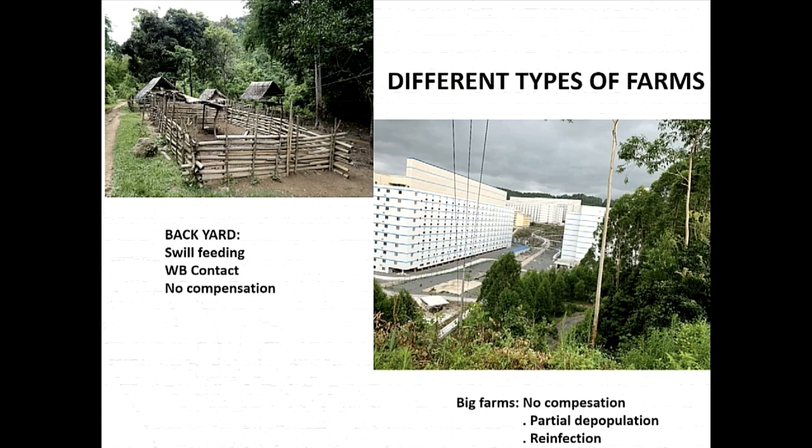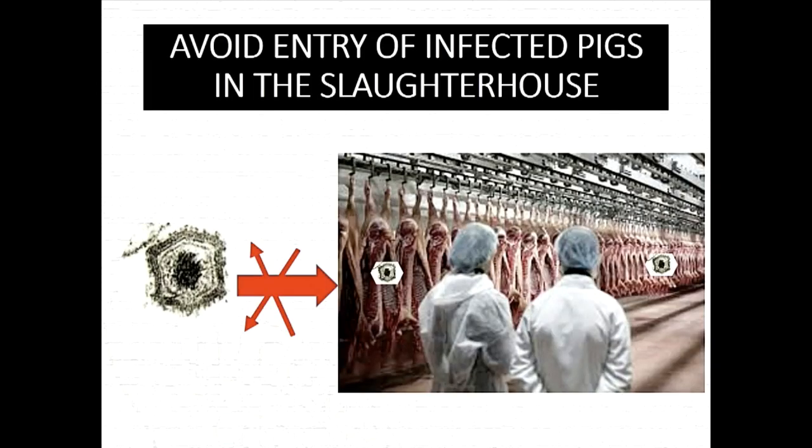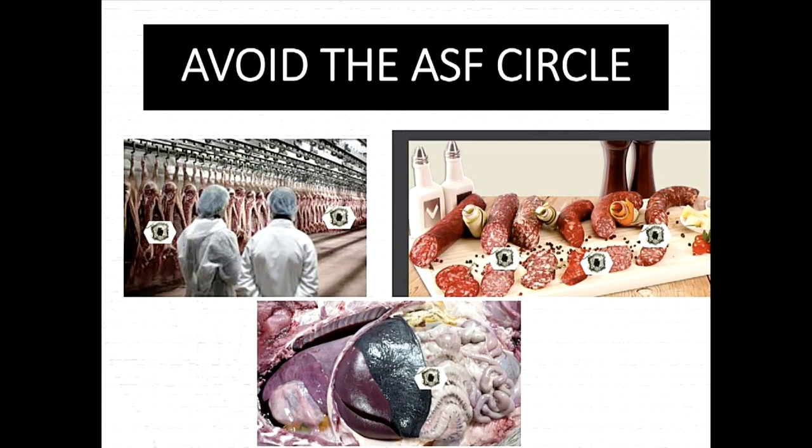It is winning a lot. In the backyard, it has already killed a big number of animals. In industrial farms also. ASF is really a very resistant virus, and it has this blood mechanism that is very important. So be careful when playing with it. I think we can do that, but we have to do it well. Otherwise, it's very difficult. Keep in mind that partial depopulation could be possible, but only when you play the game well. If you don't play the game well, don't do it. And of course, we have to finish this, avoid this cycle.